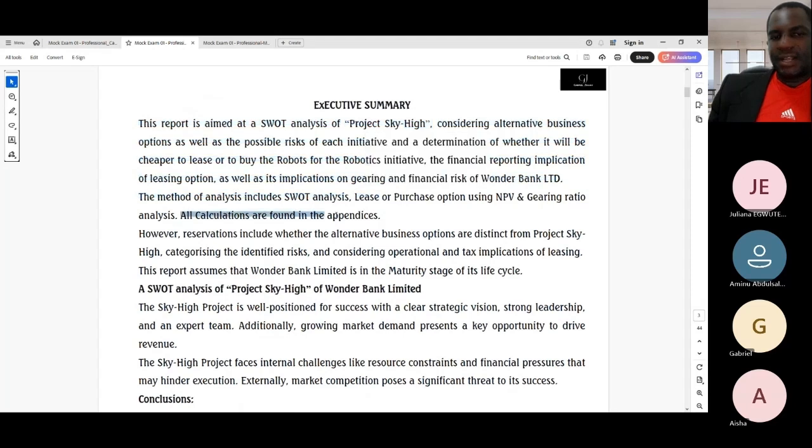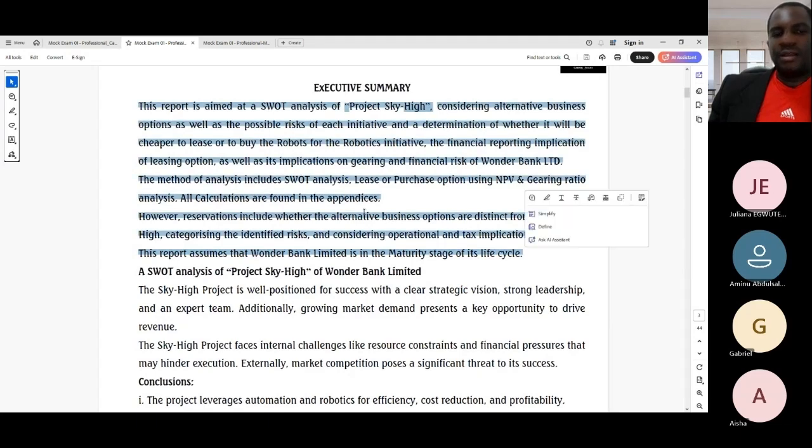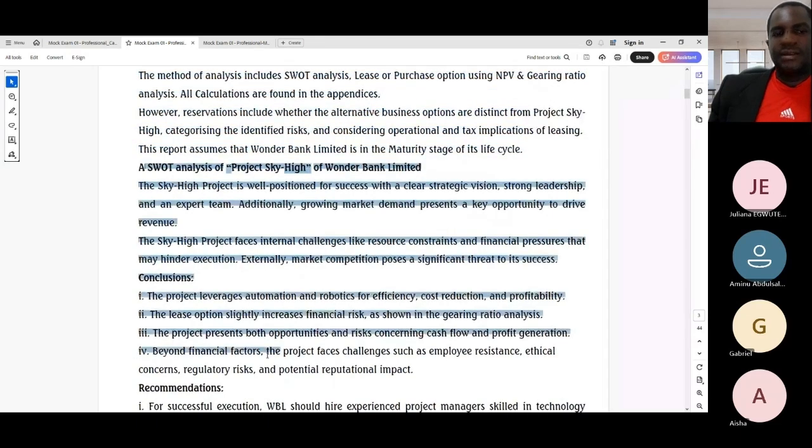I stated all calculations and the appendices. Then I stated my reservations. And I also assumed that Wonderbank is in the maturity stage of its life cycle. So any assumptions and reservations, please state it as you are starting your executive summary before you go into the